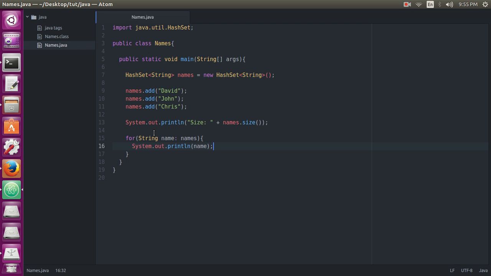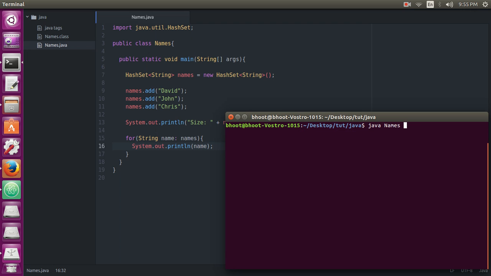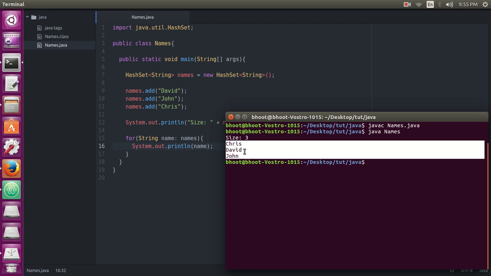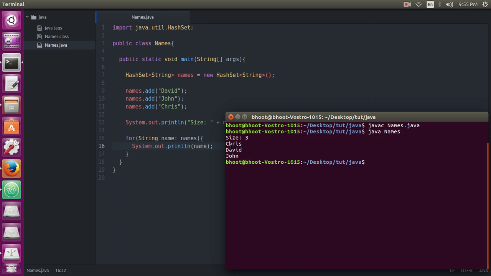Okay, now let's open a terminal, compile it, and you can see we have our three names printed on the screen, that is Chris, David and John, and these are the elements which we have inserted in our HashSet.